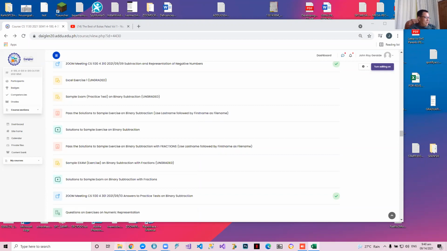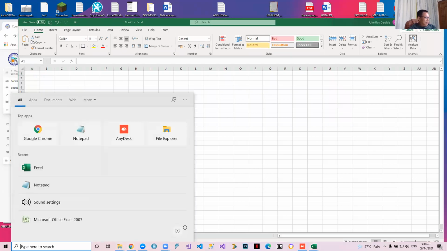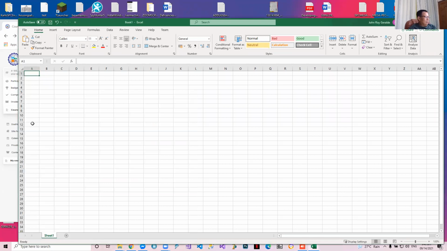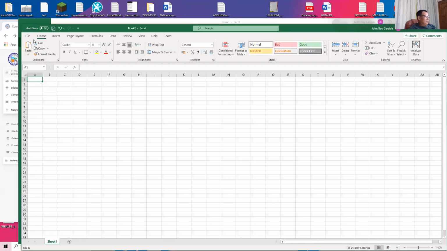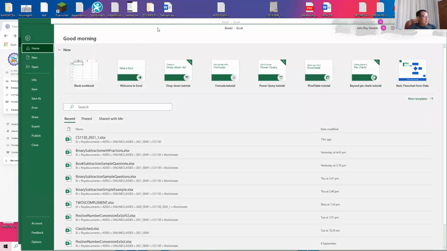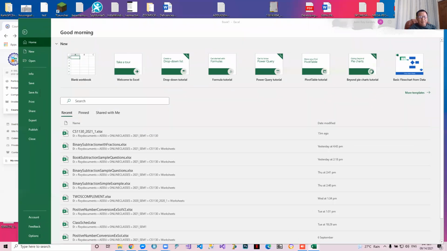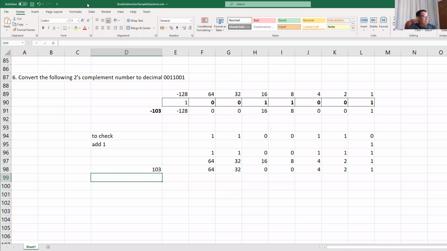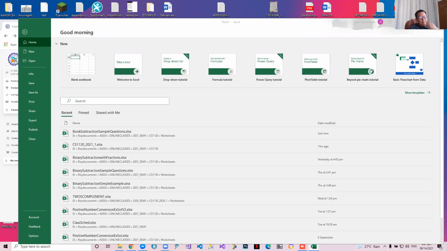And then let me just copy my solution so we don't have difficulty, no? Let me copy my solution to the binary subtraction sample questions. I have my guide there. So it will be easy for me to